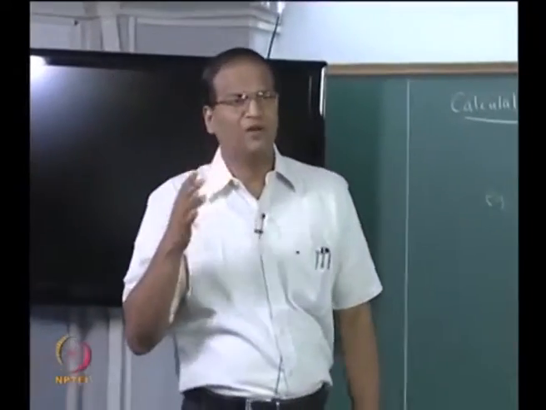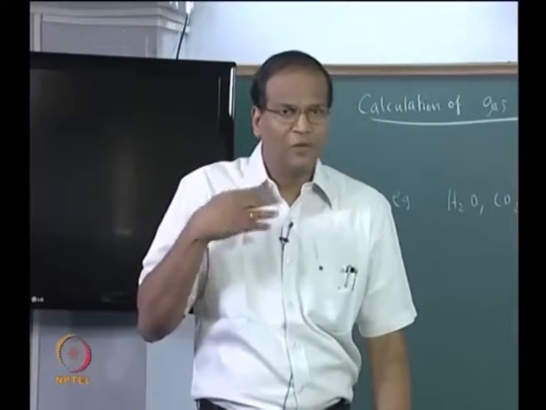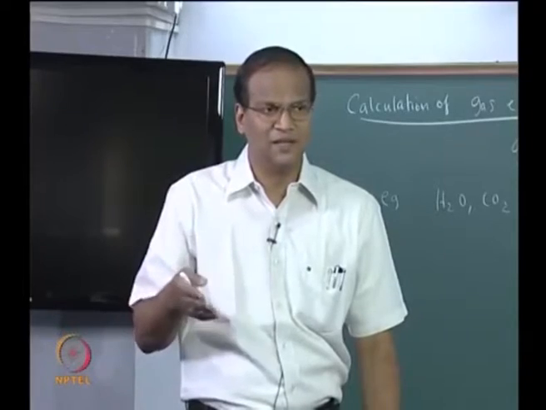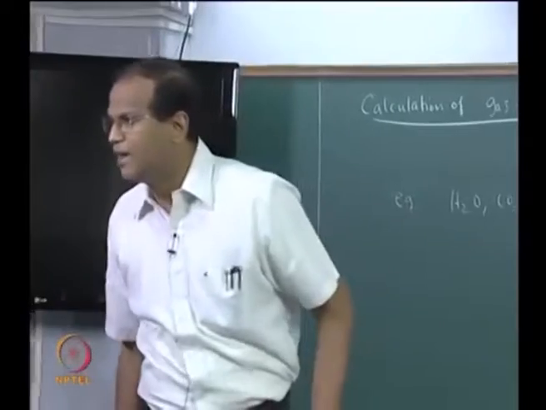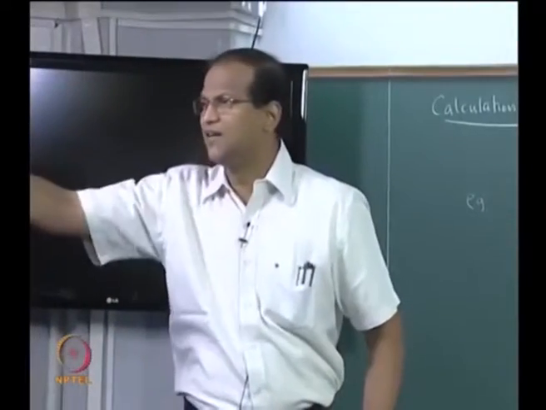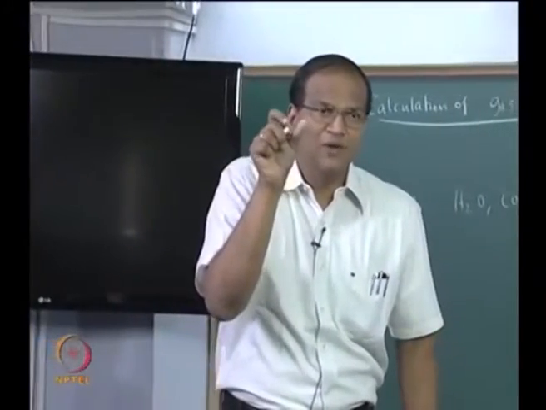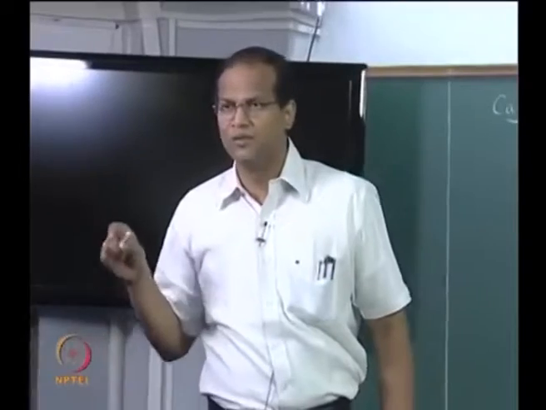we got a sneak peek into what carbon dioxide and water vapor can do when I projected a slide which showed the attenuation of the radiation entering the earth from the outer atmosphere. It is like a Planck's distribution for a black body at 5800, then it enters the atmosphere, then it becomes zigzag, it becomes jagged. So, there are various wavelength ranges in which carbon dioxide absorbs, the water vapor absorbs and all that.